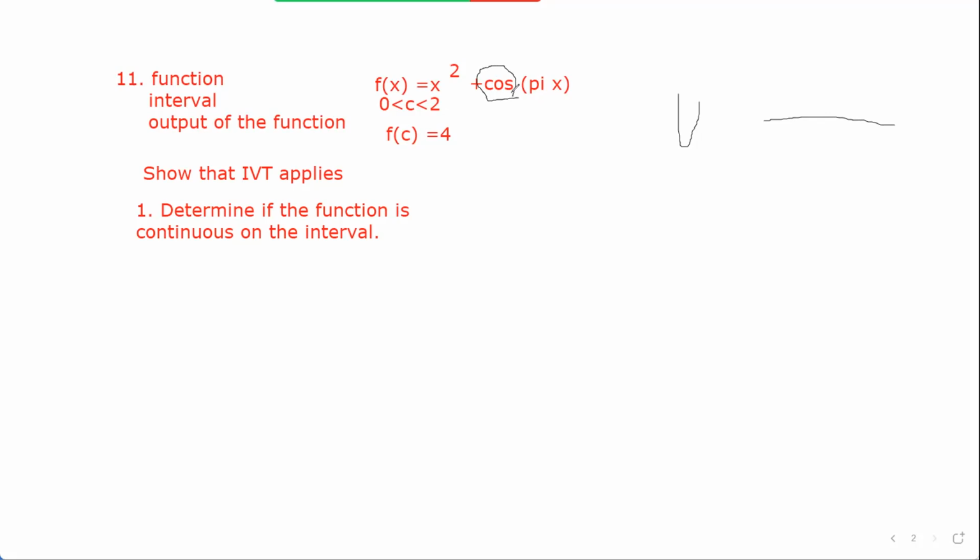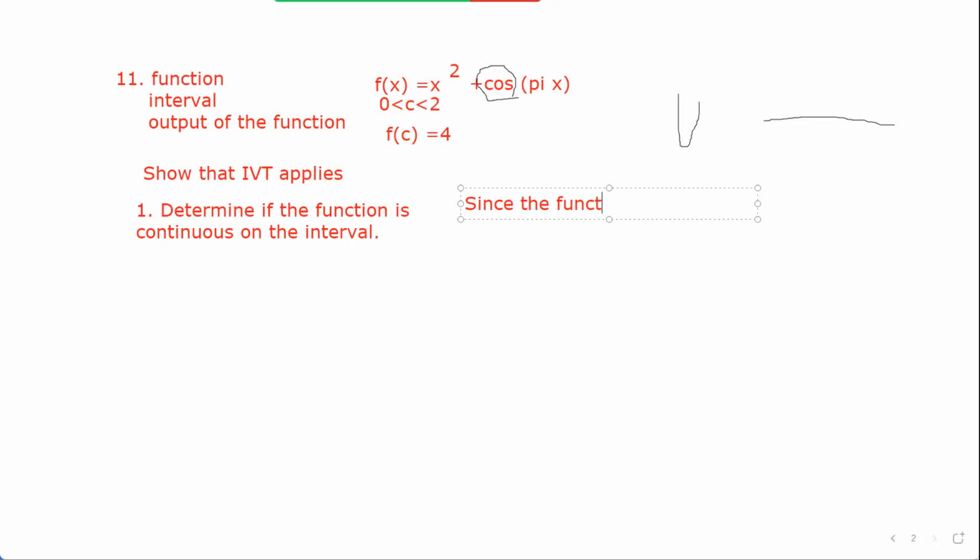Right. It's not like tangent or secant or cosecant or cotangent, right? Sine and cosine are continuous on their domains, right? So what we can say is we know from experience that x squared is continuous. We know that cosine is continuous everywhere on its domain. And so we can say, to take some of your words, which were good actually,